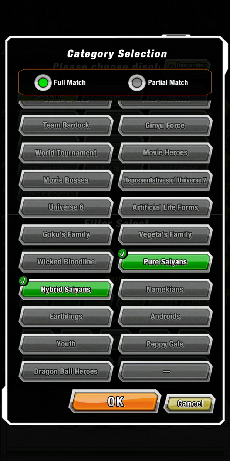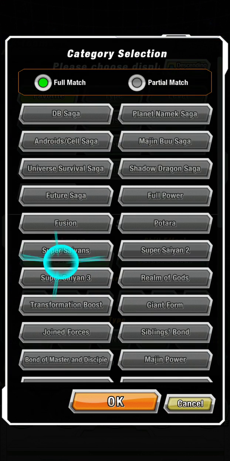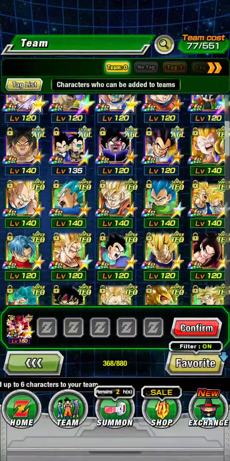Now, if you think about those two things, there is no such thing as a unit that is both a Pure and a Hybrid Saiyan. So if I click this, I'm going to get no characters. So what you can do is you click this button up top. Then instead of making it a full match, it's a partial match, which means that it shows every unit that has at least one of those things on them, right? So now, here's all my Pure Saiyans and Hybrid Saiyan category